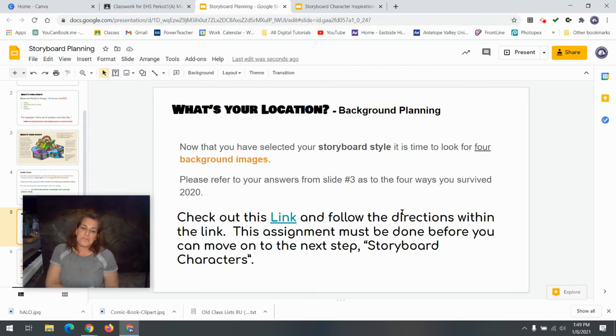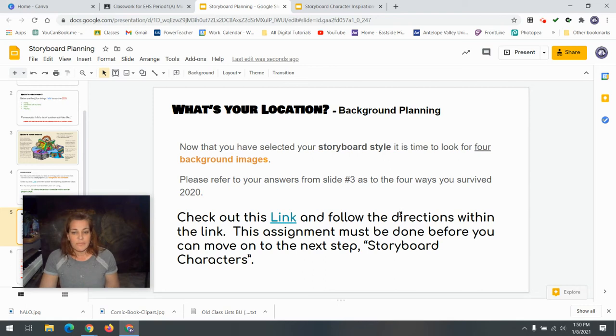Okay. So in addition to picking those things, which took you 5 minutes, we are now going to spend the majority of the time looking for a background in that same kind of style. And again, because we have 4 different ways that we are surviving, we have to come up with 4 different backgrounds. Now, you can obviously download or save more than the 4, because maybe the one that you chose is not going to work. So you should have a plan B, or other options waiting for you saved on your hard drive.